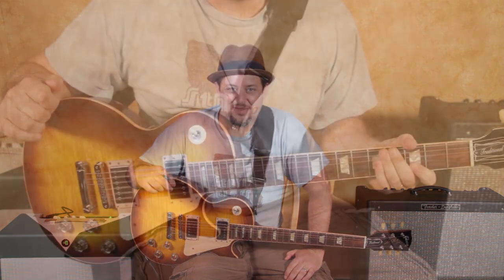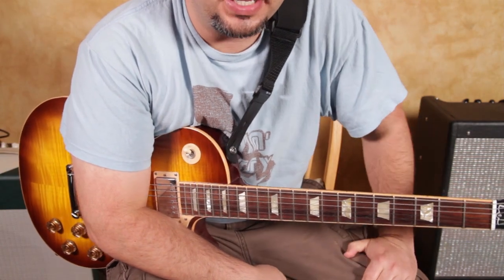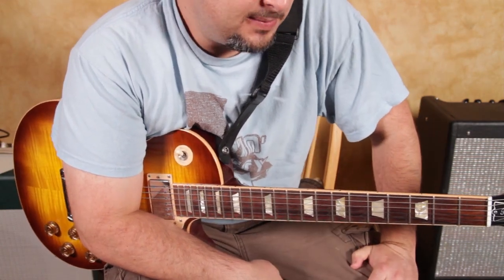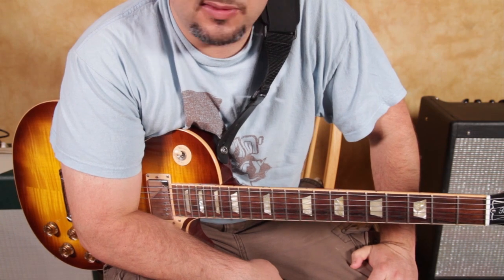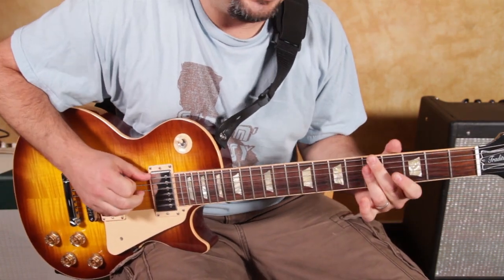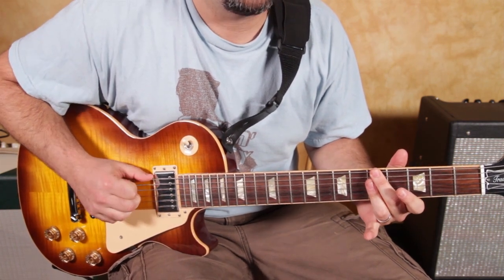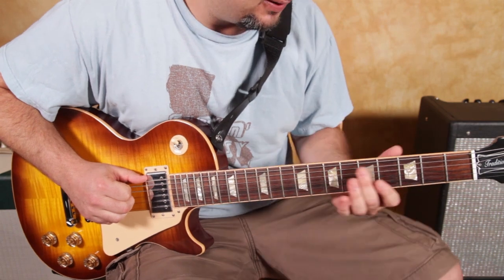But let's zoom in and knock this one out. Here we go. All right, I've got a cool arpeggio. I've taught it on one of my YouTube channels before, but I'm going to dive a little deeper into the concept. So I'm taking a progression that's in the key of A minor, which is the same thing as the key of C major. The chords I was playing